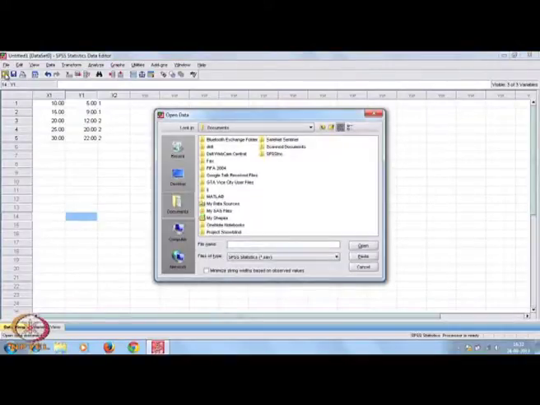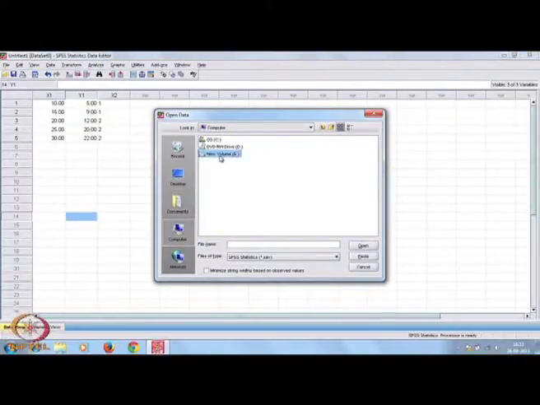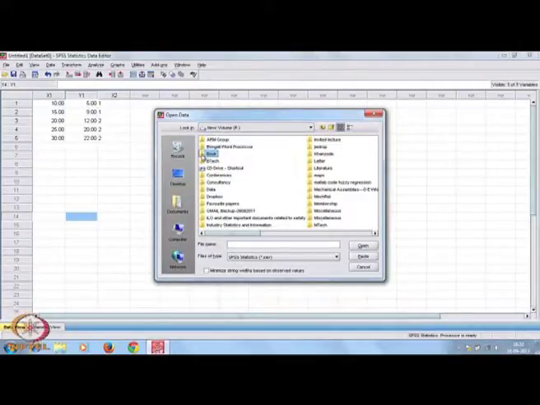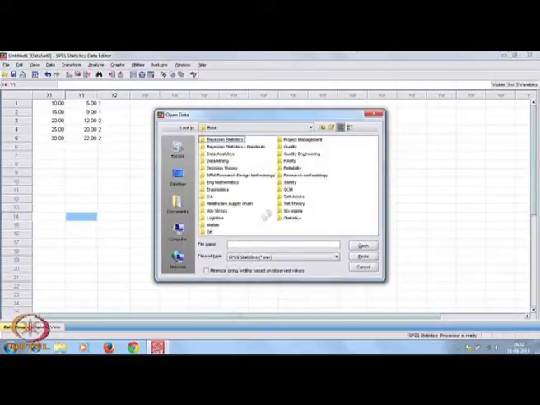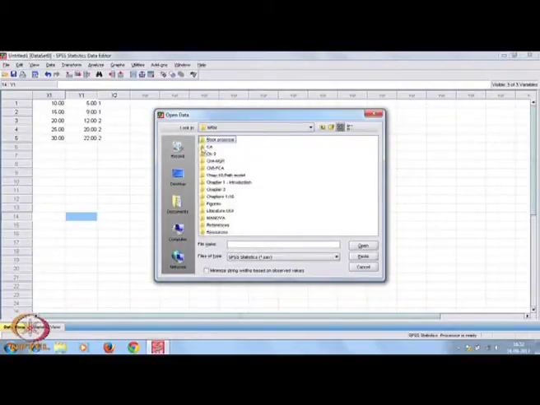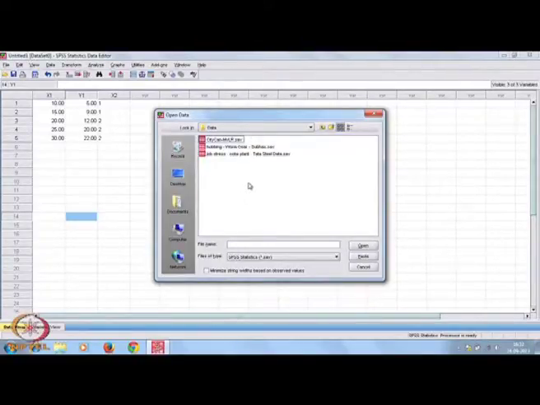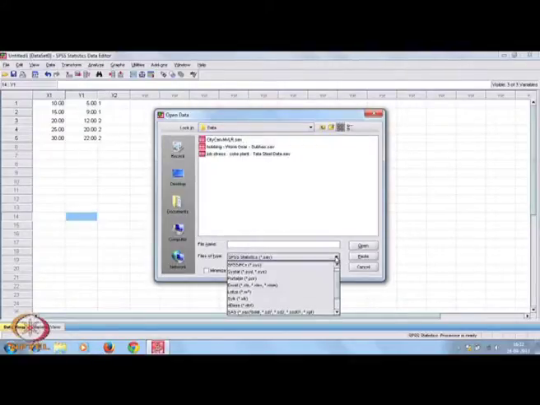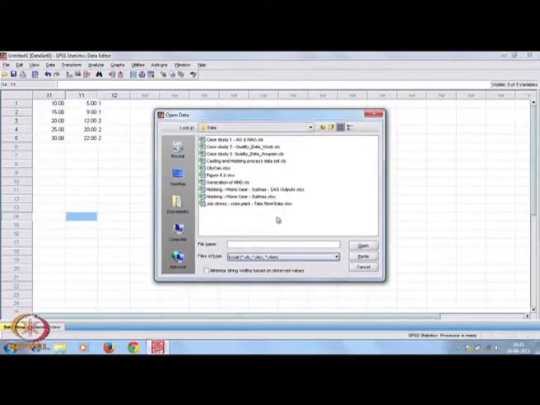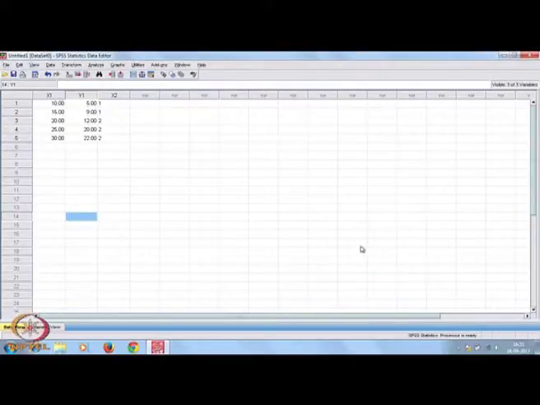Suppose you go to open, then go to the file where the data is. Suppose I am going to the file where this data is available. Suppose this is the data folder. See here, these are all SPSS data. Now, I want to go to Excel data. There is an Excel command also. Once you click here, you will get the Excel option. For example, we will take one data set like this one, click here and then open.